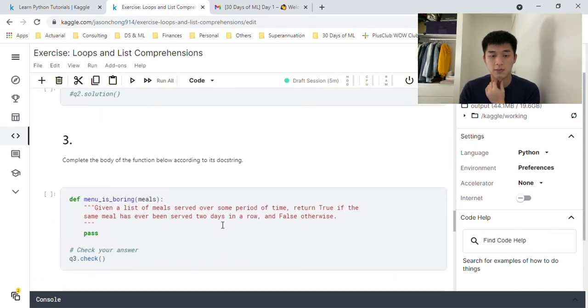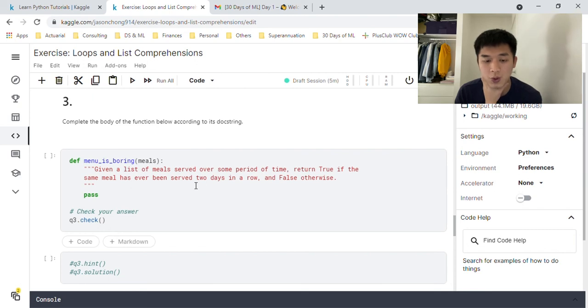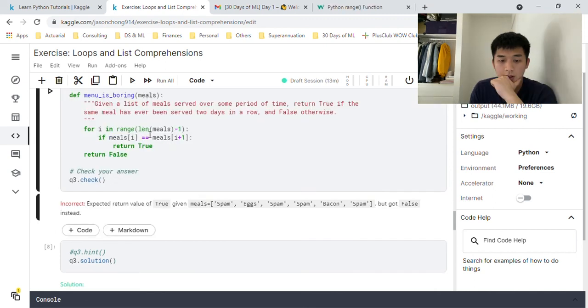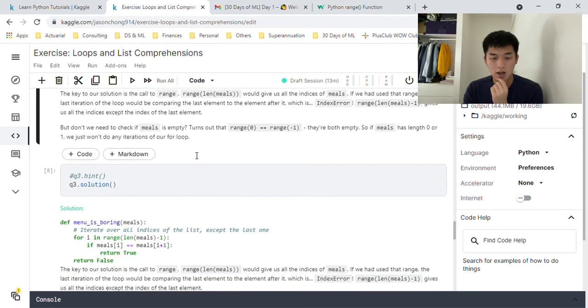Question number 3, complete the body of the function below according to its docstring. So our function is called menu_is_boring. Given a list of meals served over some period of time, return true if the same meal has been served 2 days in a row, and false otherwise. I think my code would have worked if I fixed this. I'm not too sure. Anyway, so this is the correct answer. Mindful of time, I'm just gonna skip past this and